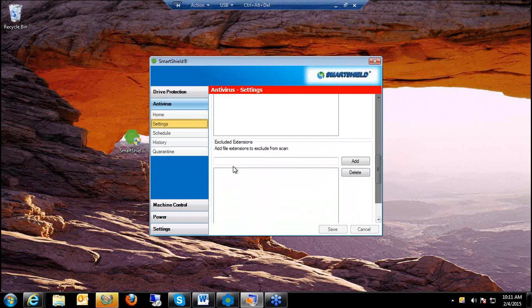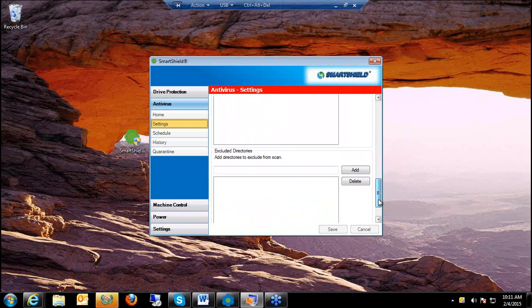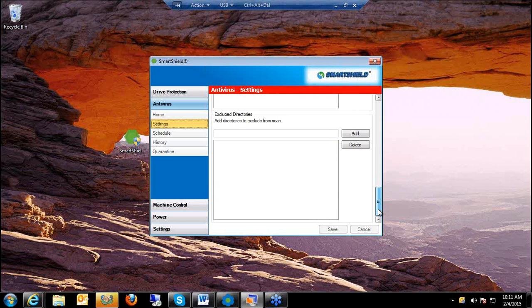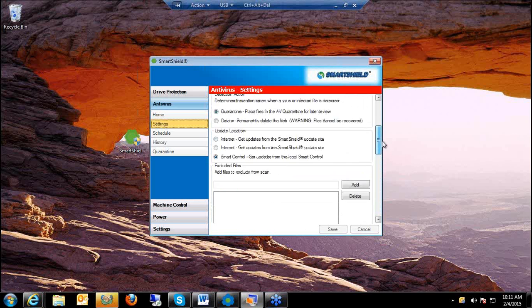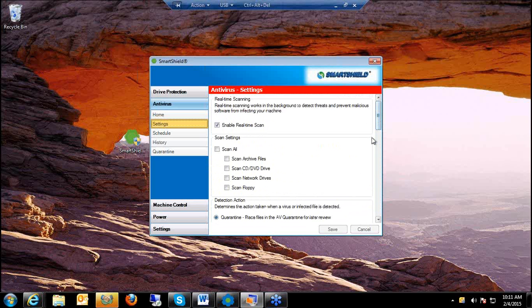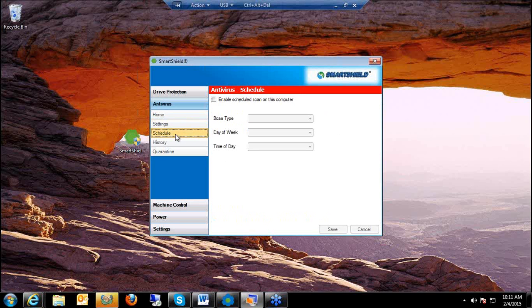We can exclude extensions. We can exclude directories. So again, these are things that you're probably used to seeing in most antivirus products out there. The big difference with ours is that those updates will come down real time, and it's just a lot less hassle for you to deal with, and it's a very strong antivirus. I can schedule scans,